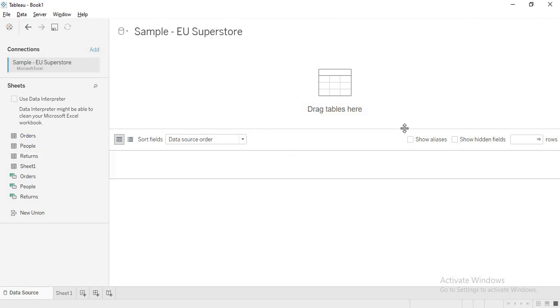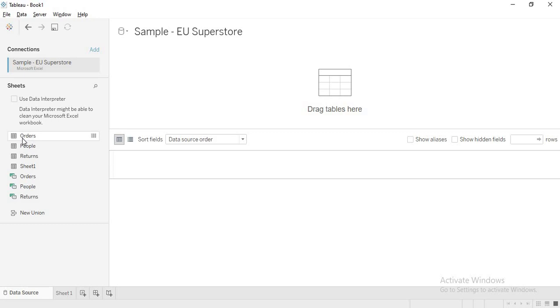Now this part is called the canvas by Tableau. This is where you will do all the joins, relationships, unions, whatever you want, in this place. So this is called the canvas. Before 2020.2, you had only two options: one is join and the other is union. But from 2020.2, you have relationships also that you can do in here.